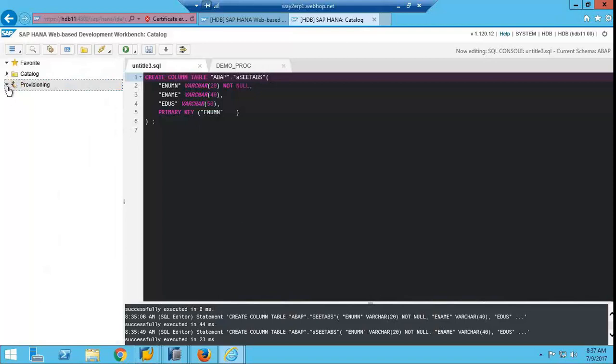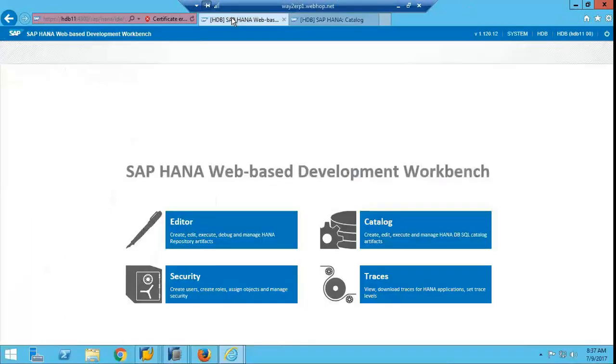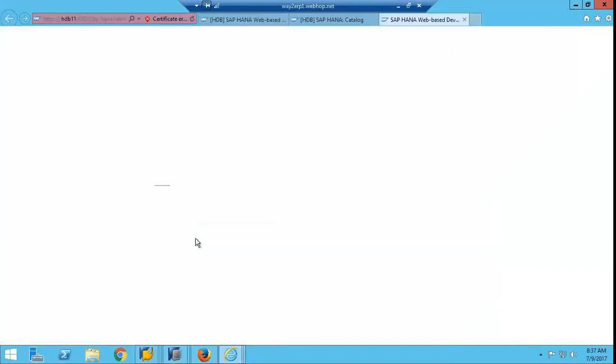Okay, here next concept is editor. We have seen the catalog. If you go to the editor, you can generate files like XSJS, XSO data, or analytical. We discussed modeling, right?